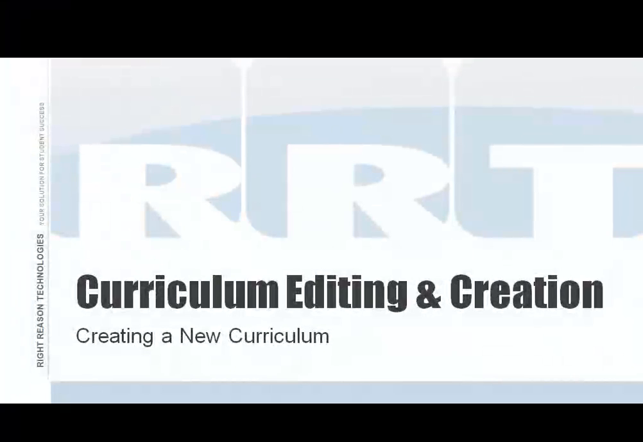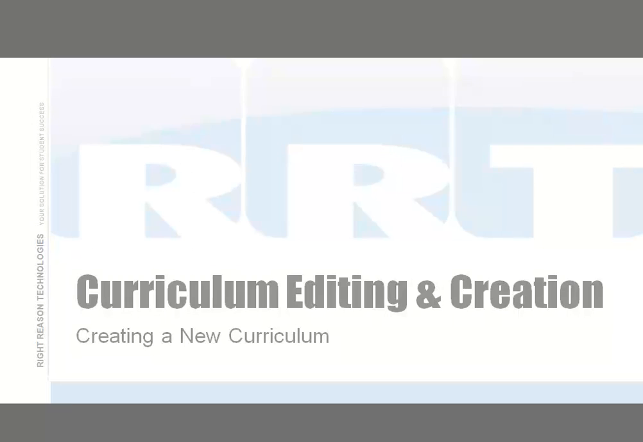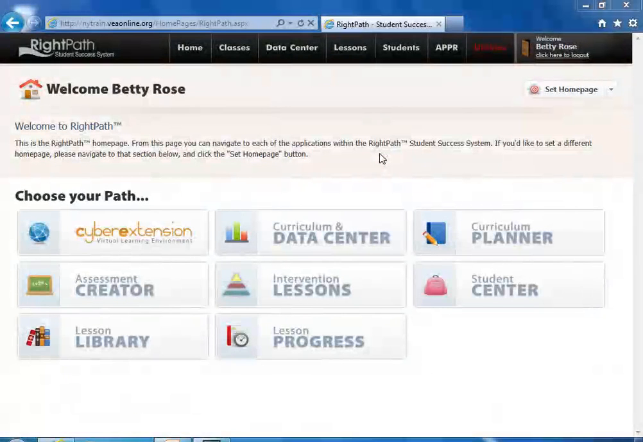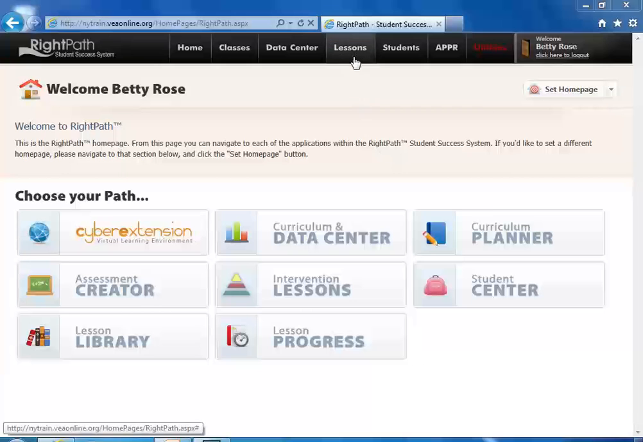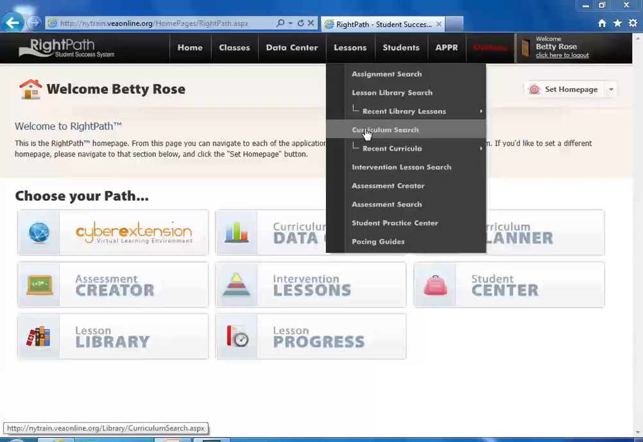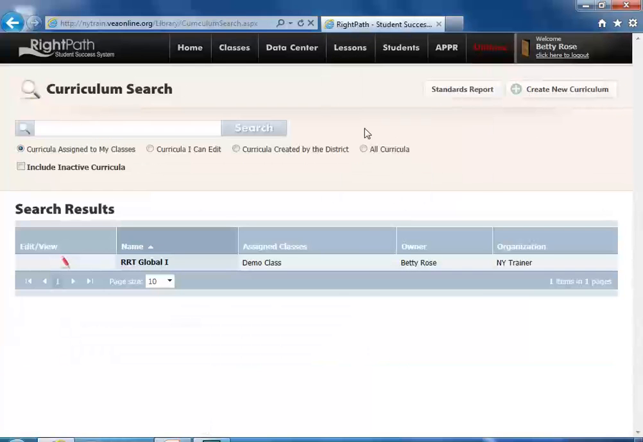Creating a new curriculum uses many of the same features that we have just learned about. Let's take some time to see how to create a new curriculum from scratch. In order to create a brand new curriculum, you are once again going to navigate to the Curriculum Search page by hovering over Lessons and clicking on Curriculum Search. Once you do so, please note that there is a button at the top right-hand corner that says Create New